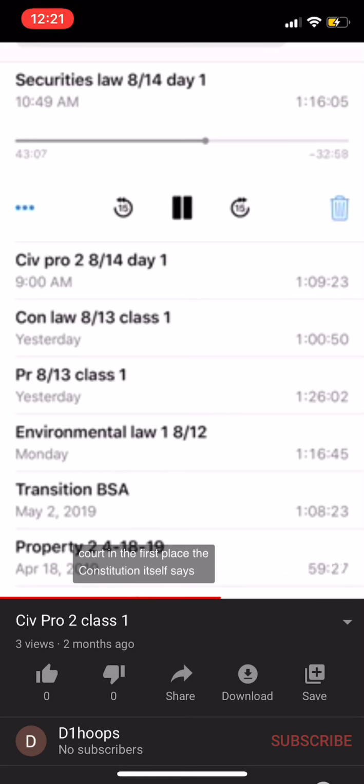The Constitution itself says nothing about you getting to maintain an action in the courts, in Article 3 courts, for violations of this document. Right? You don't get to do that. You have to have some kind of statutory authority or other authority to get there. The way they get there in the 8 Ball case is a curious thing, which to really learn about, you have to take my rights course. But anyway, telling the court what your vehicle is for getting there, that's part of your statement of jurisdiction.